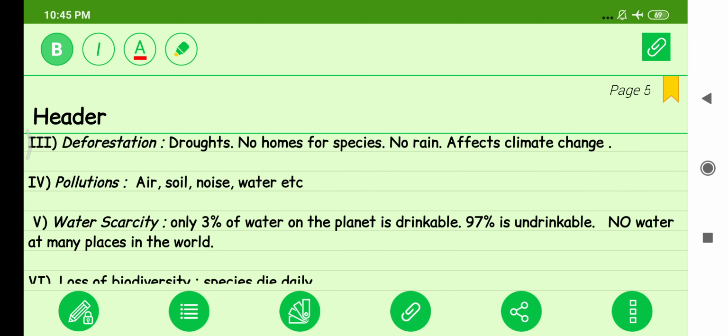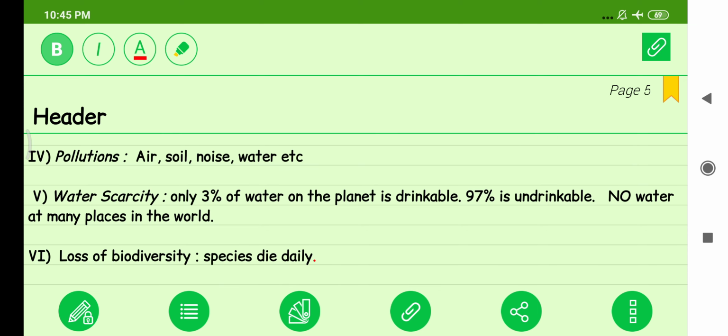Next problem is pollution. There are different pollutions: air pollution, soil pollution, noise, water pollution. Next problem is water scarcity, dearth of water, shortage of water. Only 3% of water on the planet is drinkable, 97% is undrinkable. Yes, 97% is undrinkable, and there are some places in the world where there is no water to drink at